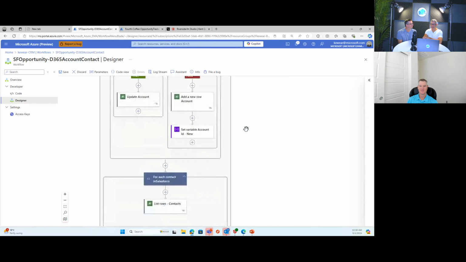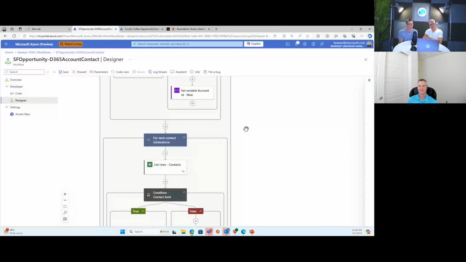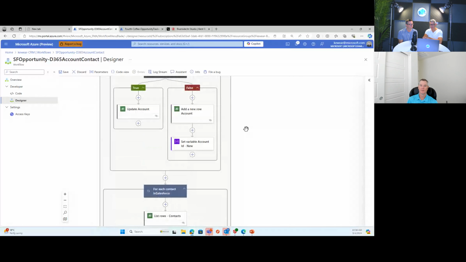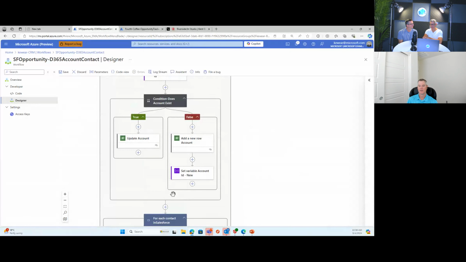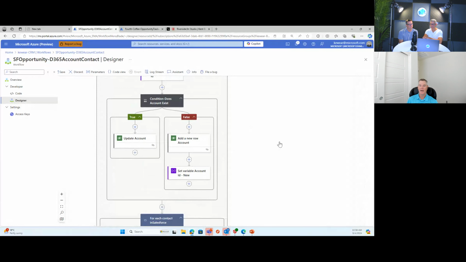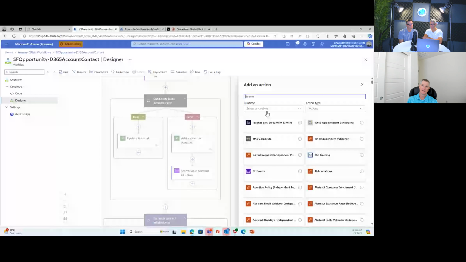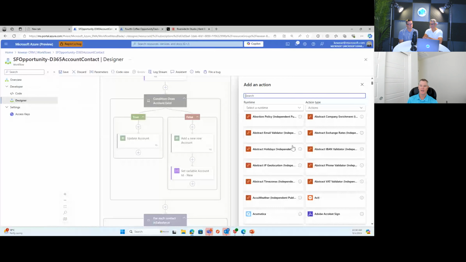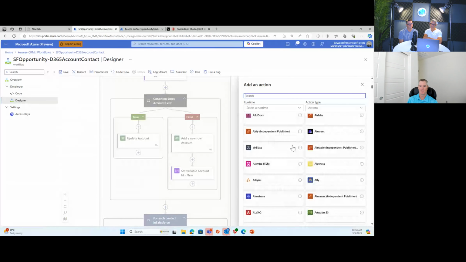Yeah, no worries. It seems like every time I read the number of connectors, it bumps up by another 100. I think last I read was 900, then 1,000. This is part of that catalog of 1,000 plus connectors. Yeah, absolutely, and we're well over 1,000 now. I don't know the exact number, but what we do see here speaks to the breadth and depth of Microsoft, is that we've got these what we call managed connectors or Azure connectors that you're seeing here on screen, and these are shared with the Power Platform.